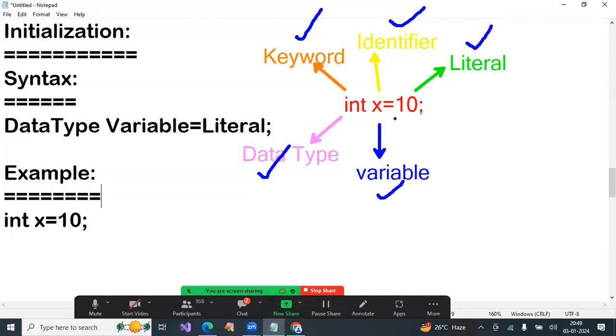But you still didn't study this symbol. What is this symbol? Operator. This is not completed. And semicolon is syntax. Every statement must be terminated with a semicolon in Java. That is syntax. In one line only, 6 concepts are there, but 5 concepts you studied.